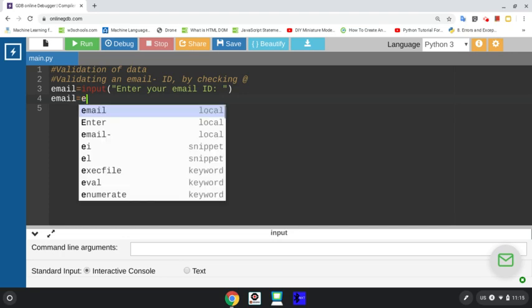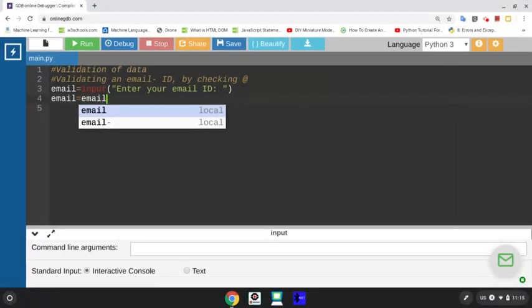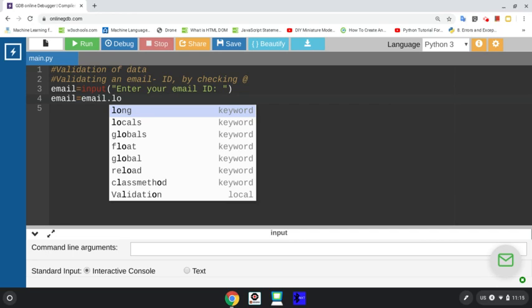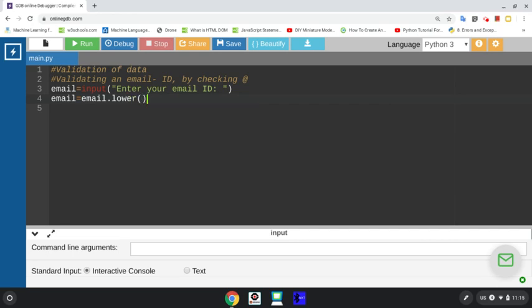There is no function for that, there's a method for that, and that method is called lower. So we're just going to call our lower method, and it will convert all our email address into small letters, into lowercase. But before we do that, we have to check if there is the at the rate of sign or not,